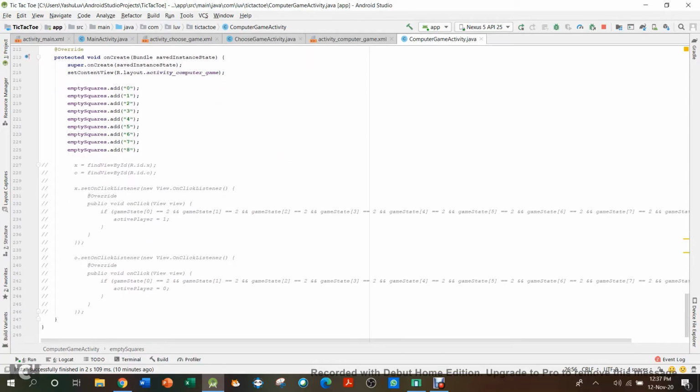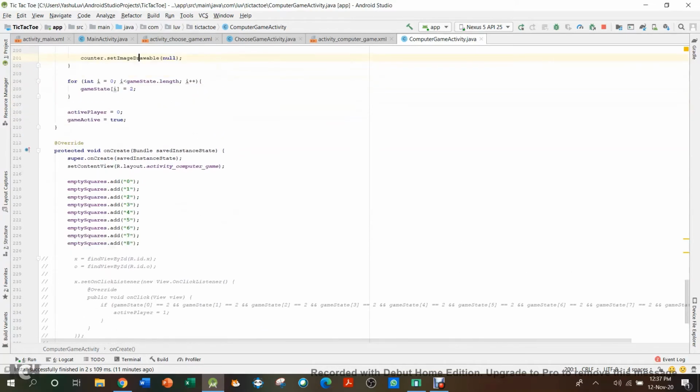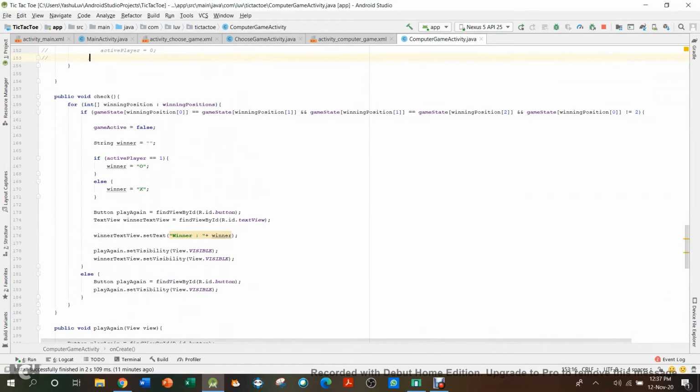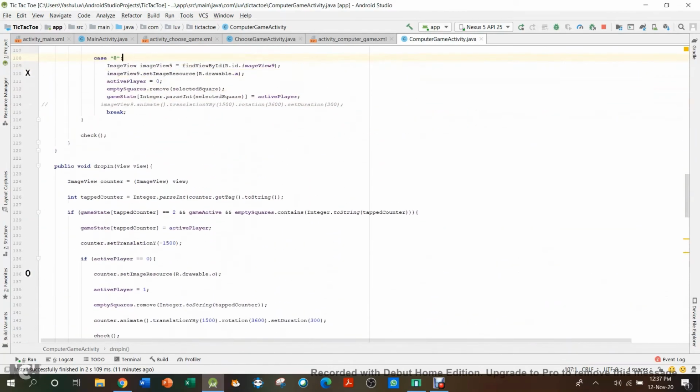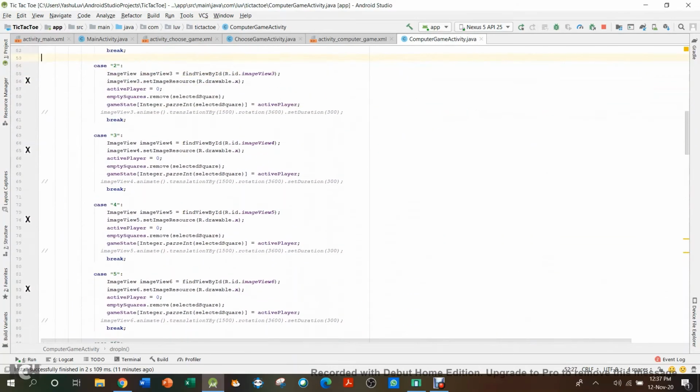So here you can see empty squares. We just added 0, 1, 2, 3, 4, 5, 6, 7, 8, 0 being 1, 1 being 2, 2 being 3, and so on. So I've showed you that, and now comes the thing which I've added. Here it is.